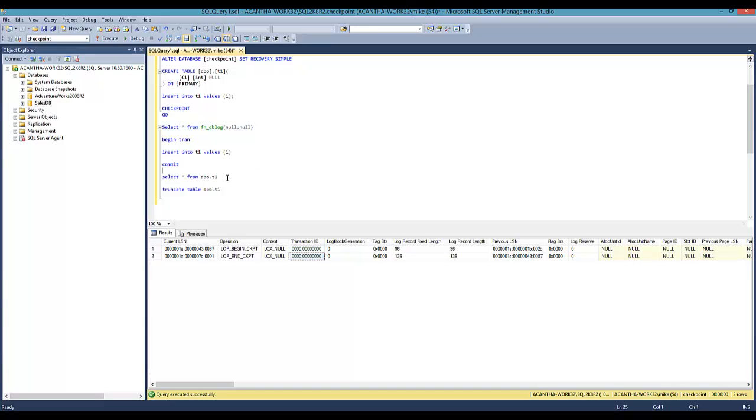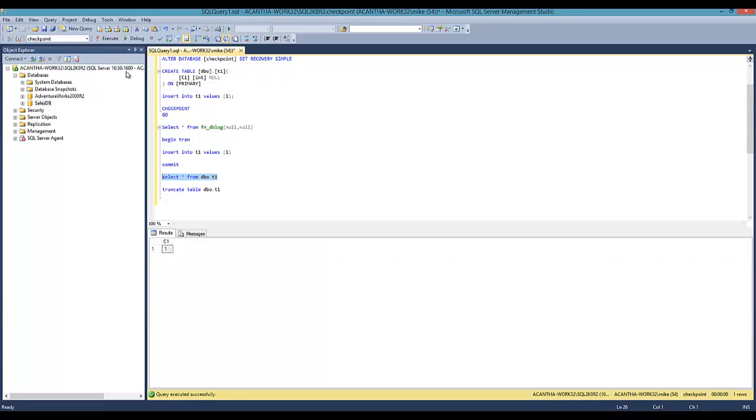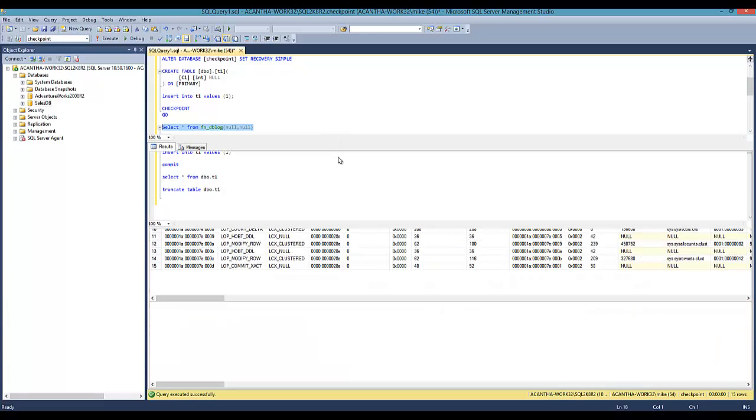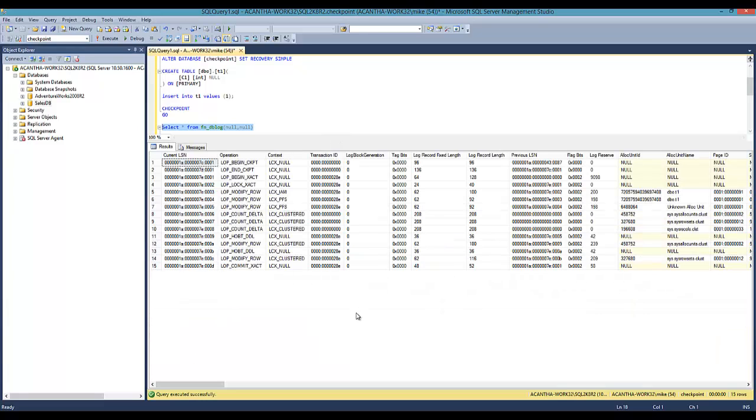All right, so what do we have? Let's just take a look. What do we have in the table? One row. Oh, that's good. So let's truncate that table. So what do we see? Well, we see transaction, there's our checkpoint,